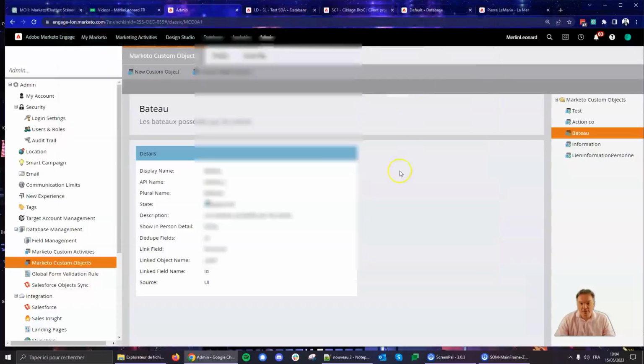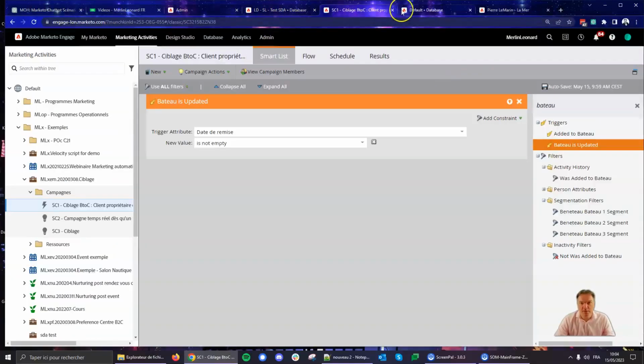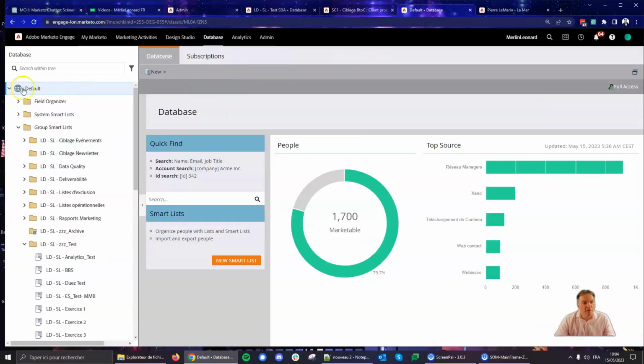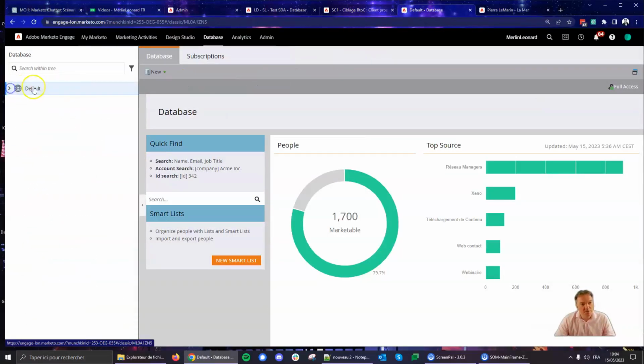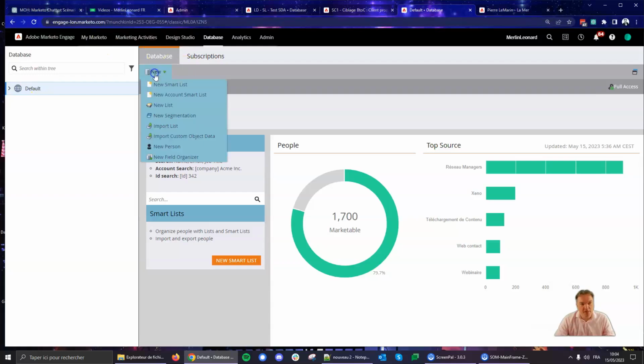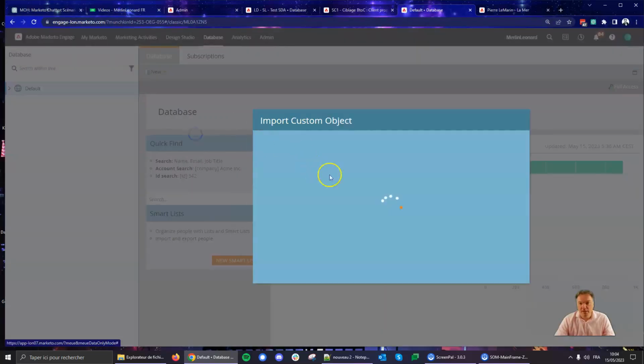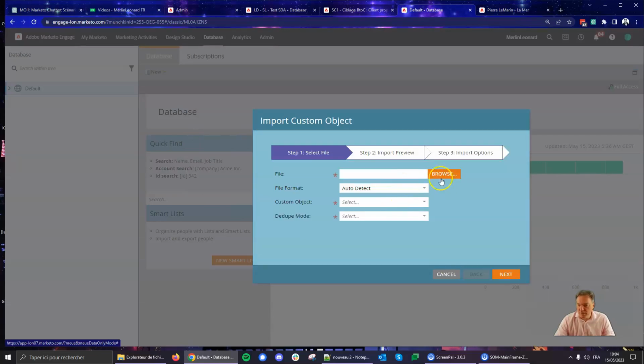I've saved that as a CSV file, UTF-8 obviously, and I will be able, in the database part, if I go here on the top menu, I've got the import custom object data here that will, just like a person import, ask for the file.